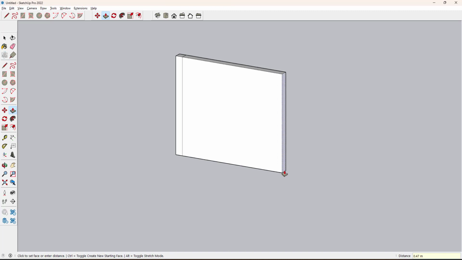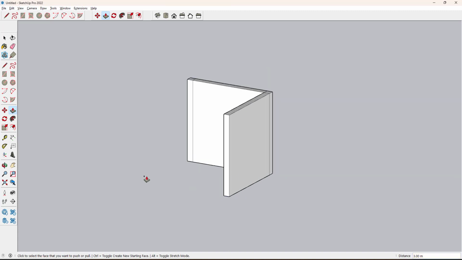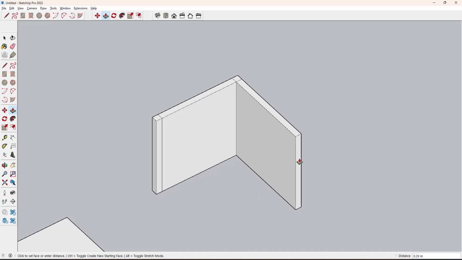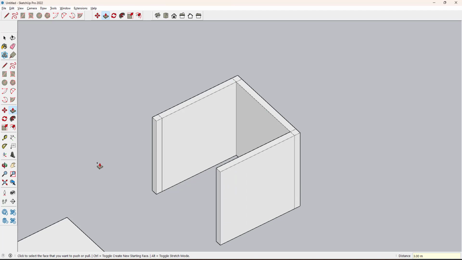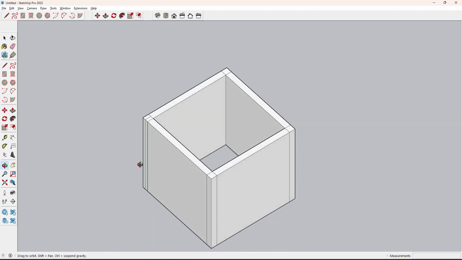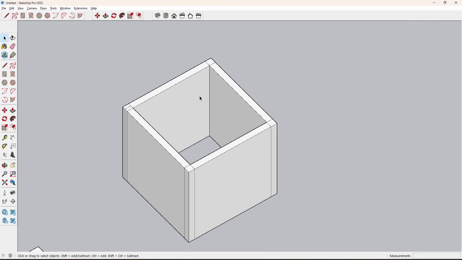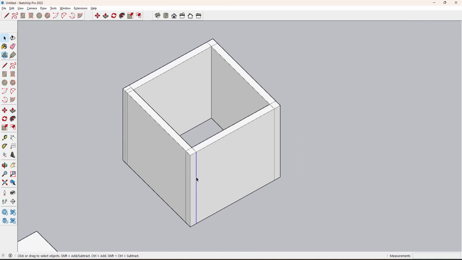Next, again continue the same process. I am giving wall thickness 0.23 and push this into 3 meter, enter. Next, same thing, 0.23. Even you can track like this, rotate, track like this, and join this. So this way, with the help of the push plus sign, you can add a number of segments. If you want to delete this line, you can delete the line and make it one face like this.